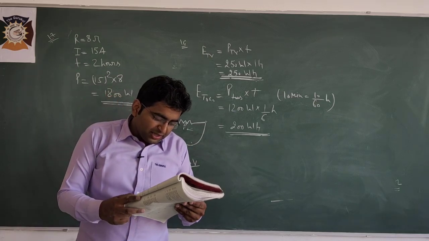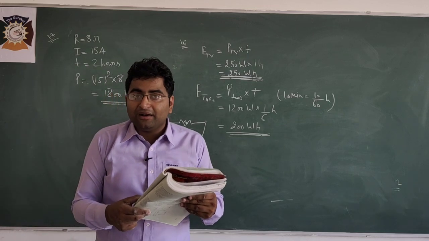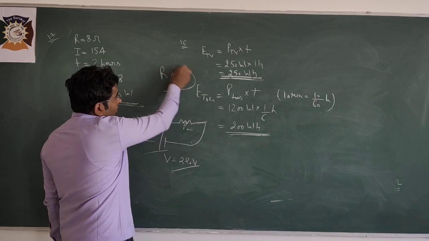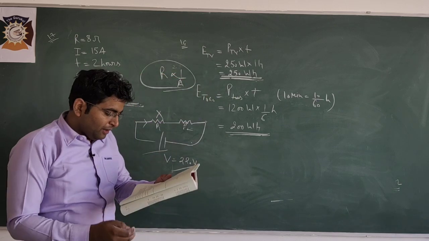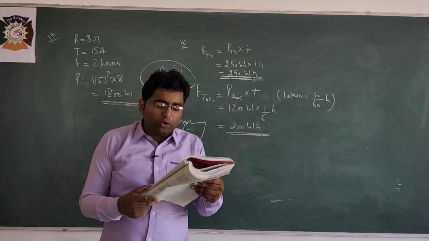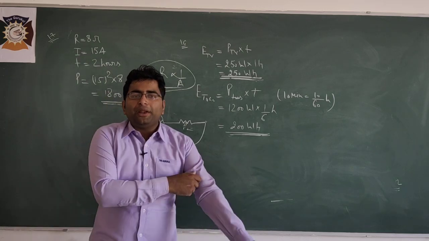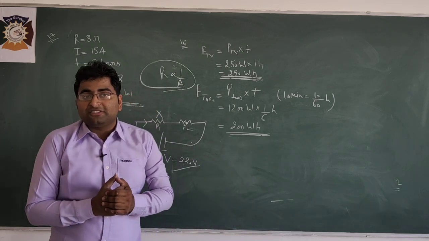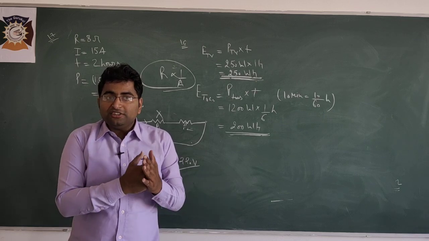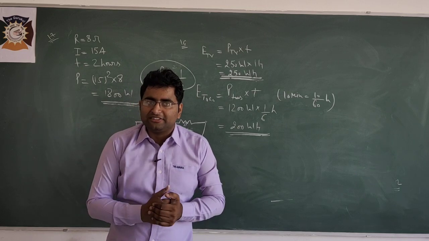Okay students, now question number four, how does the resistance of a wire vary with area? You know very well that R inversely depends on area. Fifth, why are copper and aluminum wires usually employed for electricity transmission? If you look at copper and aluminum, these are metals and they have very low resistivity. Due to this, we use them in electrical transmission lines.